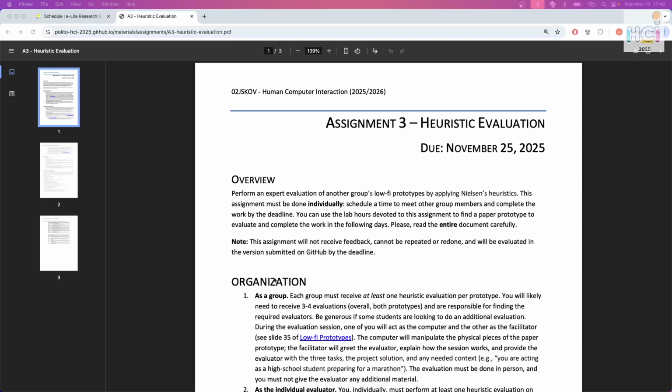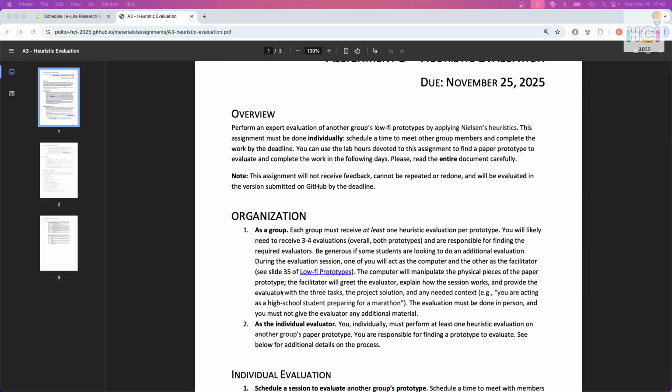The goal is to conduct a heuristic evaluation of another prototype, but of course there are constraints both at the individual level and for your own group, okay? And this is probably the tricky part. There is a chapter organization that explains this in detail. So as a group,